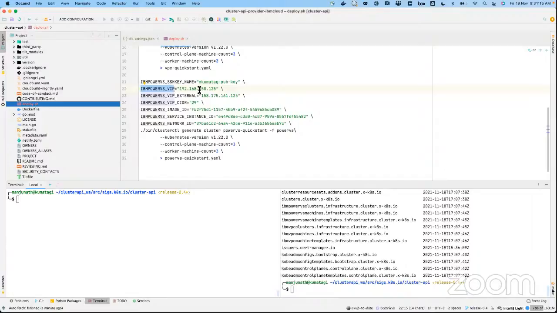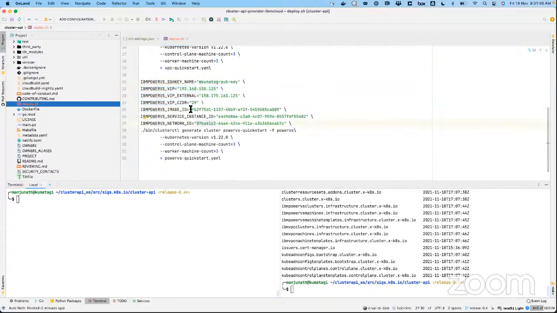I have this one VIP created. Not really load balanced. The VIP will be set to one of the masters, and the traffic will be sent to that particular Kubernetes master, and that is how the whole traffic will flow. In case one master gets destroyed, the VIP will be switched to another master within the cluster. These are the three parameters required for setting the VIP. You can dig deeper into this later.